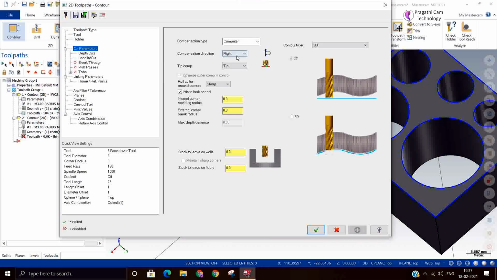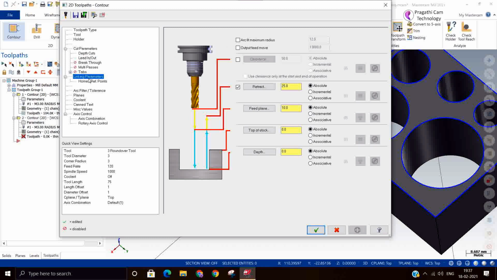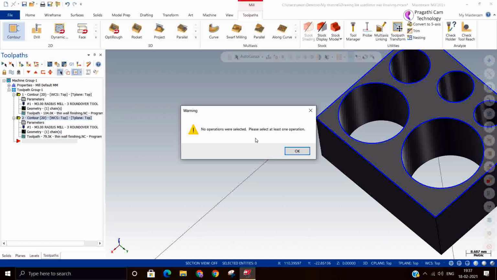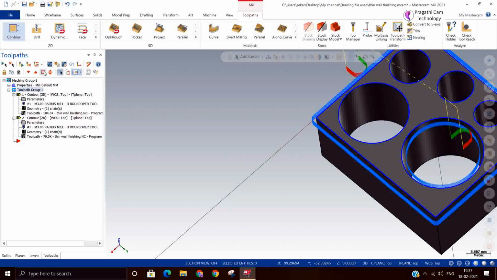Okay. Remaining I am not changing anything. I will accept it. -3. Okay. Later on, if you want, you can add a number of the remaining contours also.